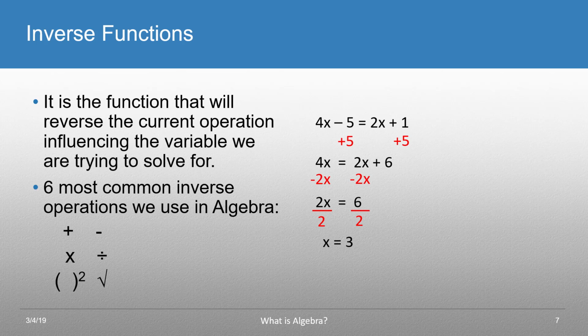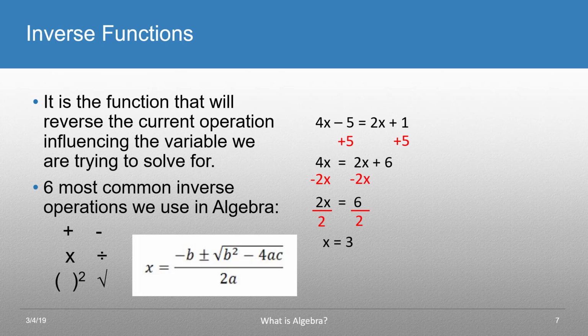So just as an example, I wanted to show you this. This is the quadratic formula, and this is a great example of how all 6 inverse functions are being used together. So you see the negative in front of the b, so that's subtraction. You see both an addition and a subtraction at the same time, and a square root sign, and a value squared, and you're subtracting, and then you have 4 times a times c, and then a big divide sign, and then a 2 times a. So all of our inverse functions are being represented in one equation,